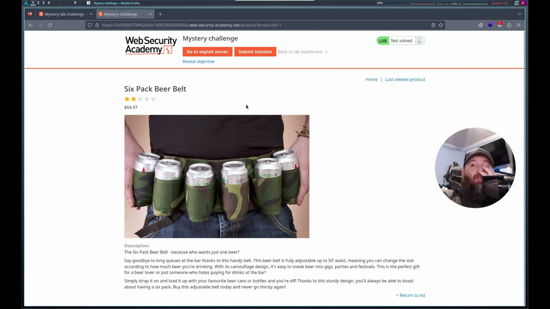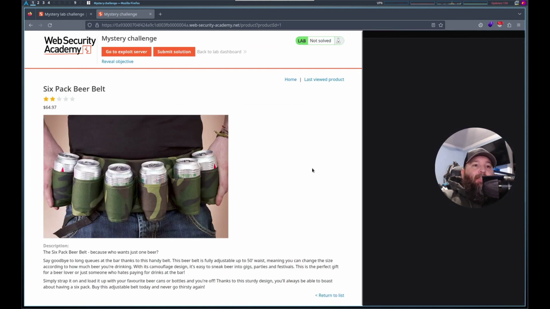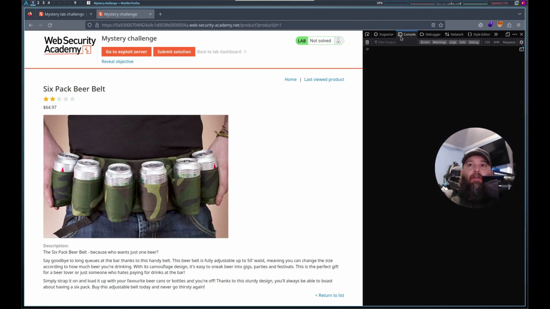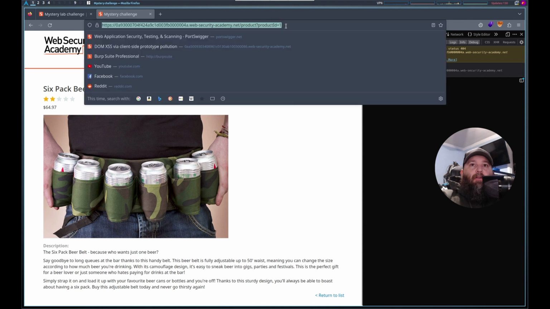Exploit server. So what I think we need to do is window.location, window.location inspect console. If I do window.location, we get the full URL. What if I do